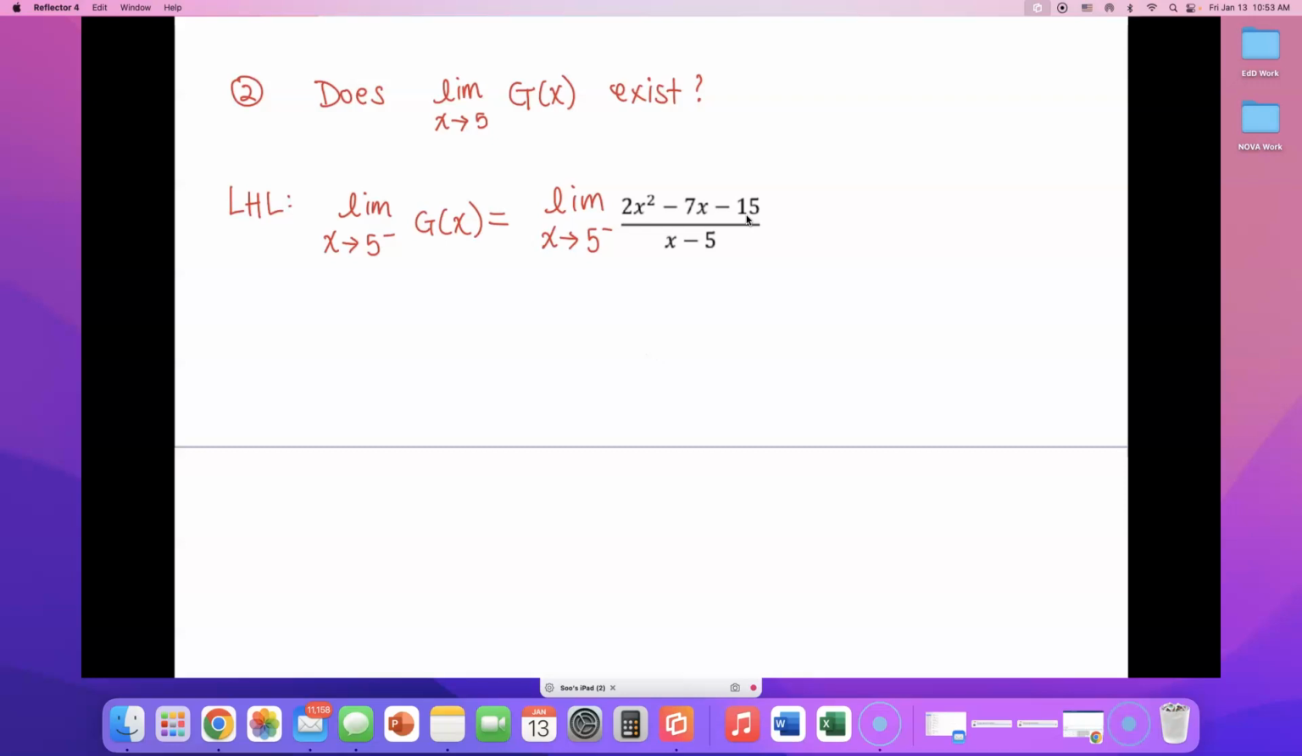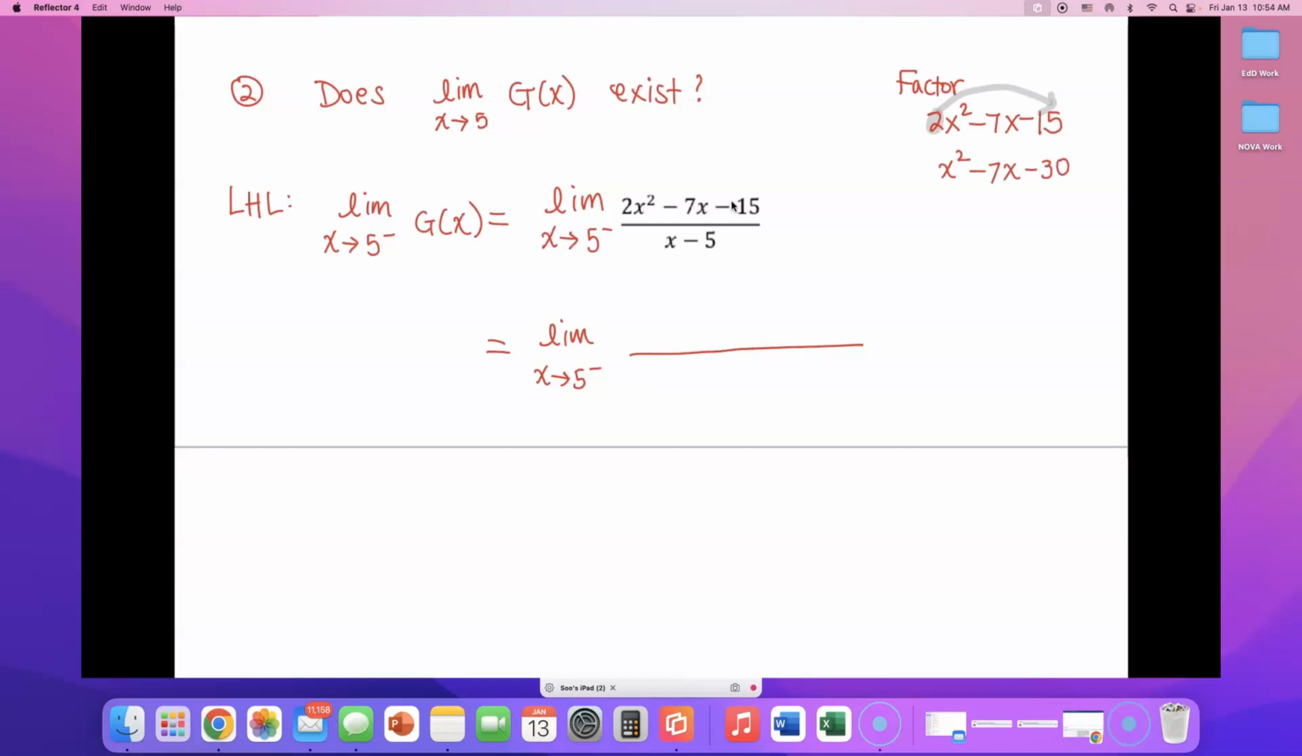I'm erasing this page number. Limit as x approaches 5 from the left of. Now you have to factor this trinomial. I'm going to factor this over here using the AC method, okay? So I'll slide this 2 to 15 and get x squared minus 7x minus 30 by